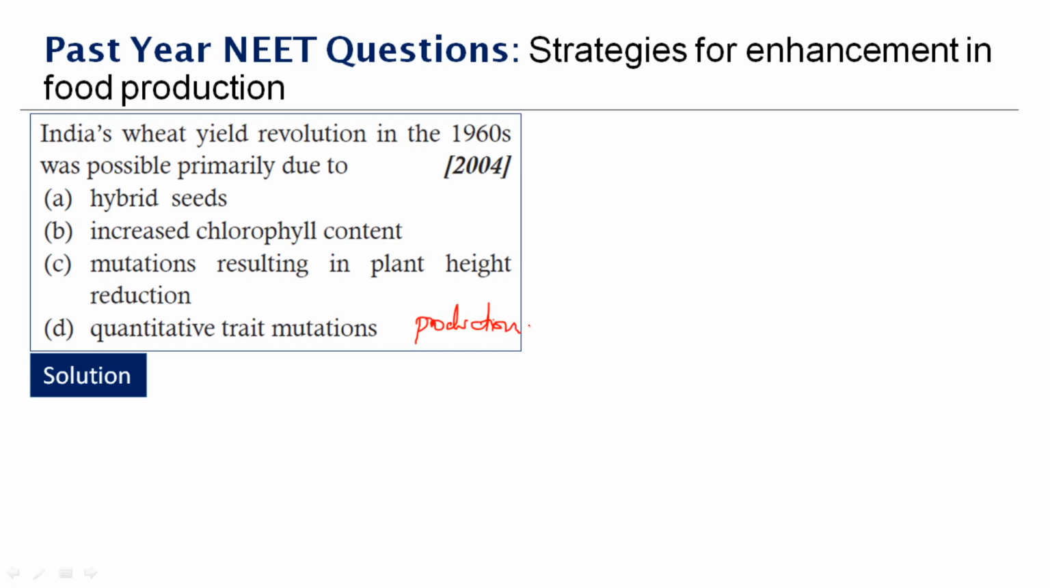Increased chlorophyll extent has no effect on yield of crops. Hybrid plants where dwarf becomes because of the selection. Quantitative trait mutations are involved in hybridization. So the crops that undergo hybridization, they undergo mutation. That's what they're trying to say here. Are you sure? No. See, in 1963, we have something called